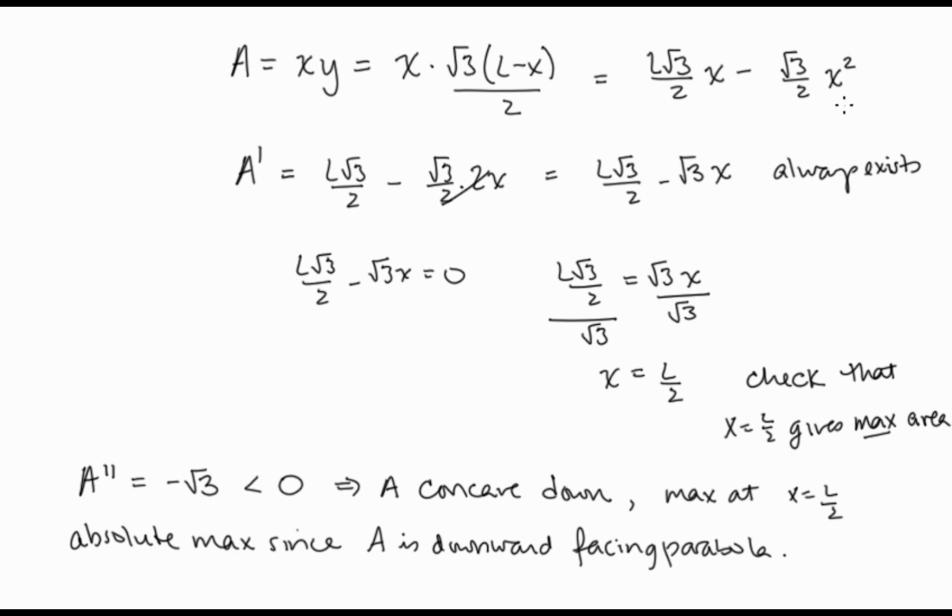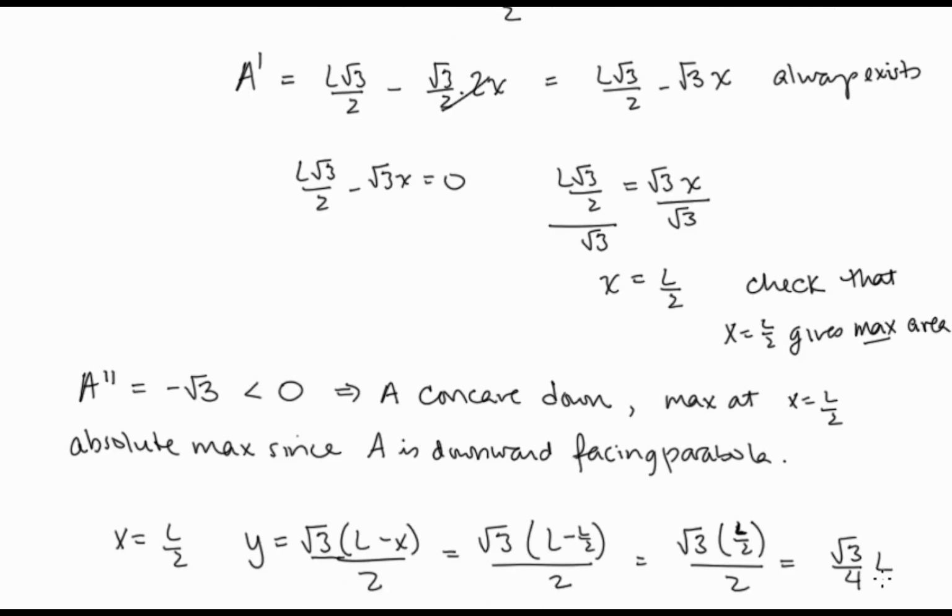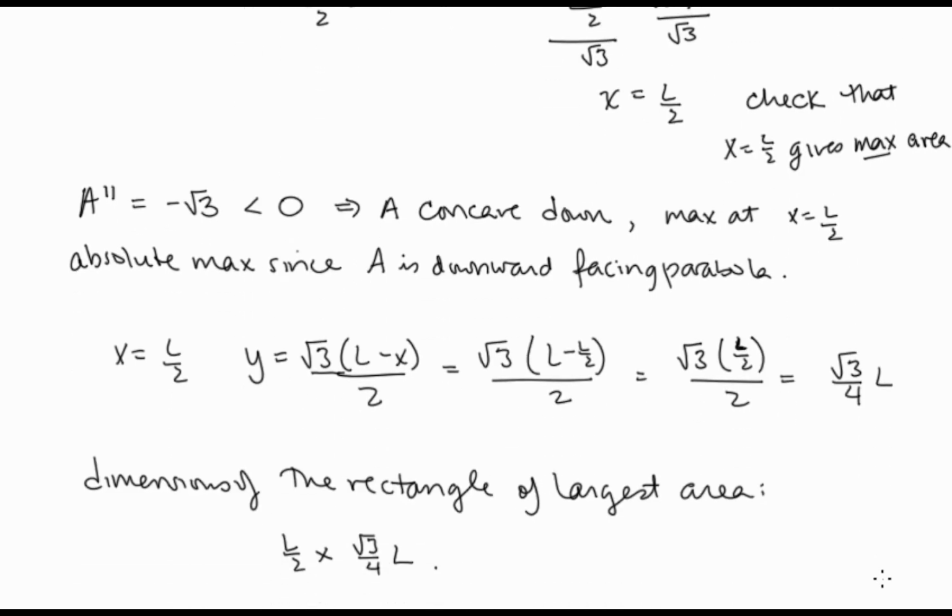And so let's make sure we answer the question. Find the dimensions of the rectangle of largest area. So we need the dimensions of the rectangle. We said that y is equal to radical 3 times (L minus x) over 2. So we have x is equal to L over 2, and y is equal to radical 3 times (L minus x) over